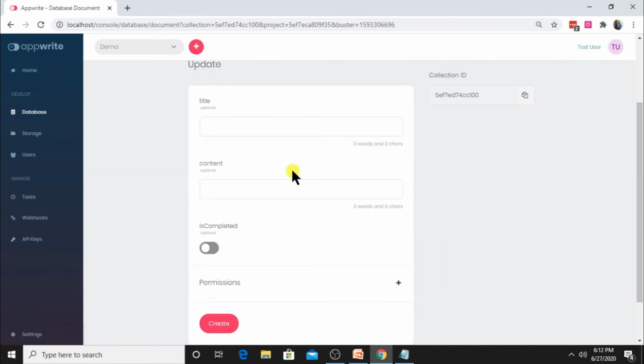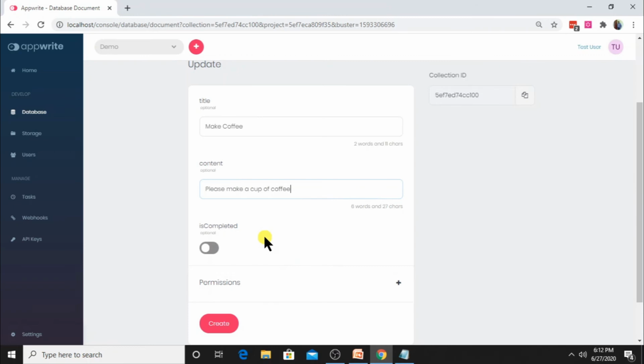Now I can see that the fields which we have created in the collection are being shown here. So we just need to enter something. Let's say the title, like make coffee. We have to fill the titles. We have to fill the data here. And now we have to write a description or some content. Okay, so we have made the